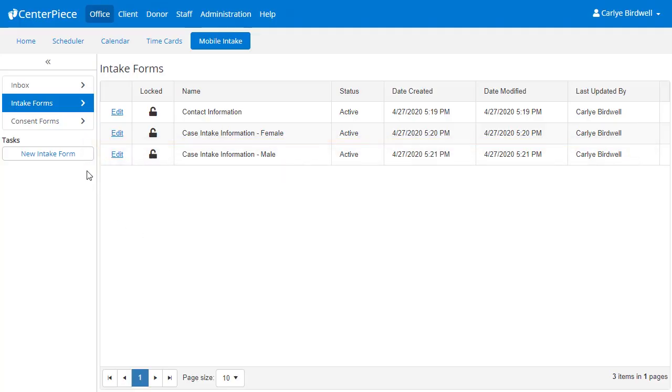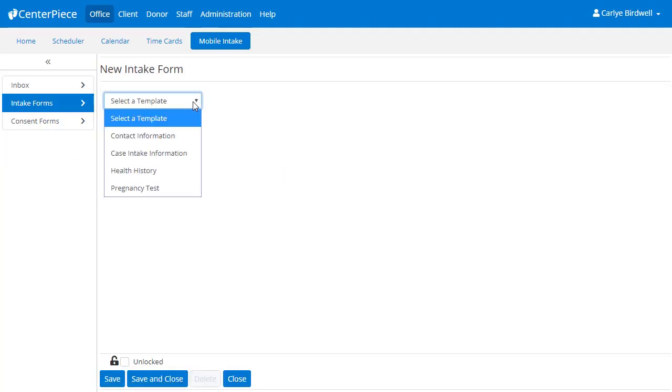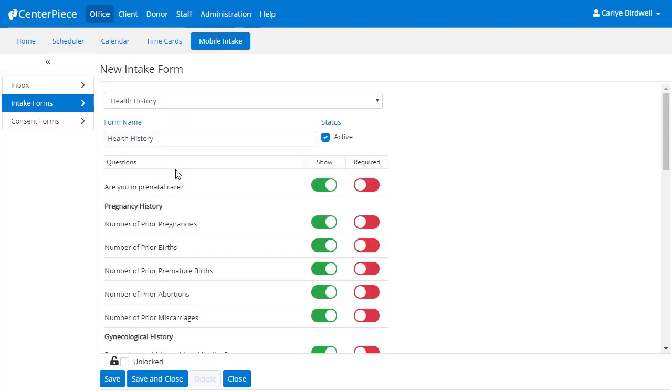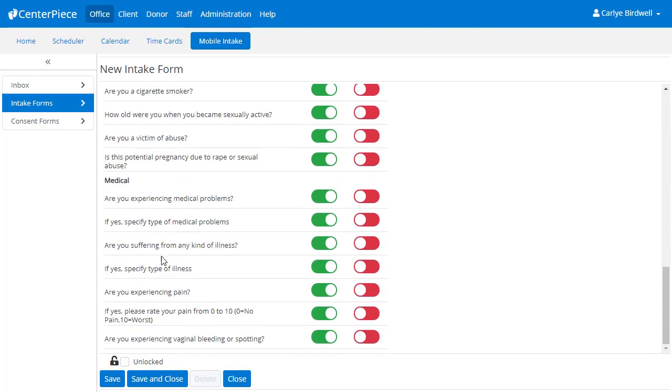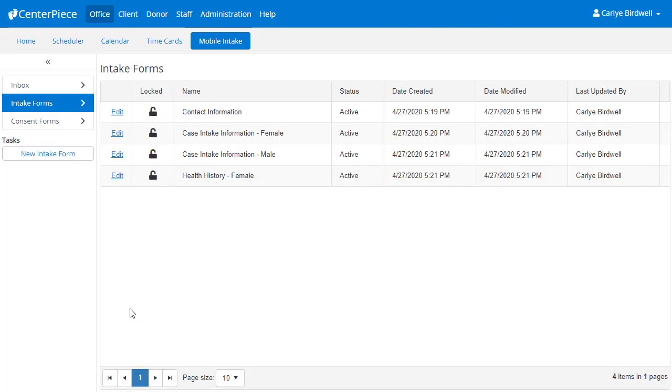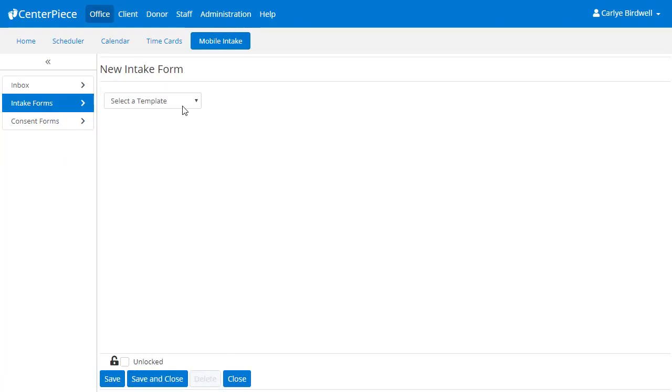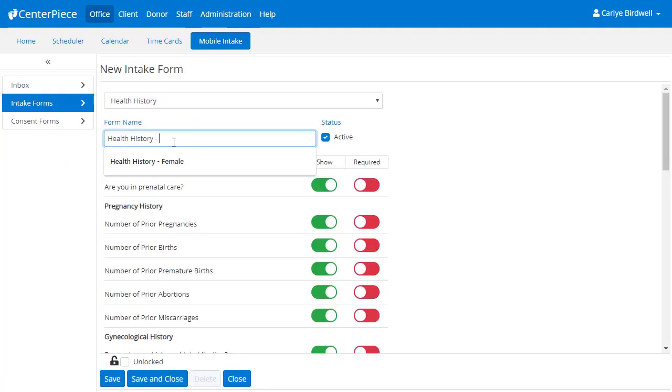form. All right, so let's keep going, and let's create the health history form. Now, for this one, notice that I have questions about pregnancy history and gynecological history. So I'm going to want to make a male and female version of this one too. I'll type female for this first one, and then I'm going to scroll down and click Save and Close. I'm going to quickly walk through this process again, but for this one, I'm going to type in male. Then I'm going to toggle off the pregnancy questions so we don't display those, and I'll toggle off these first